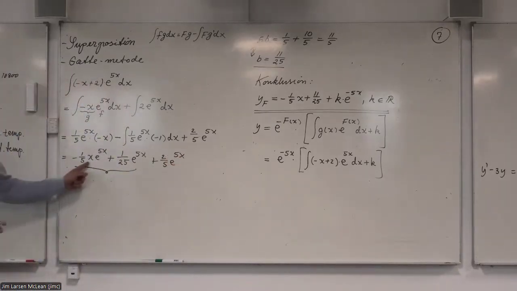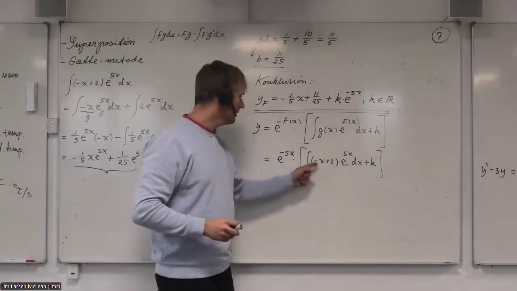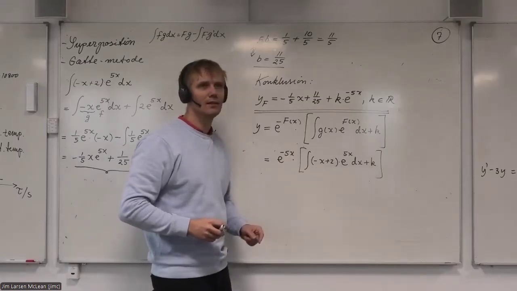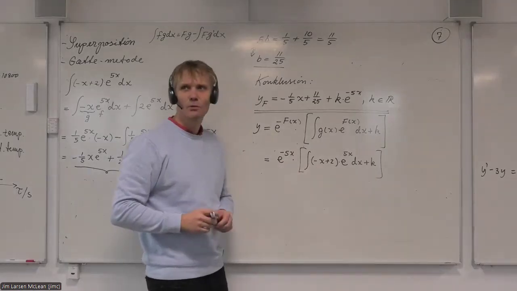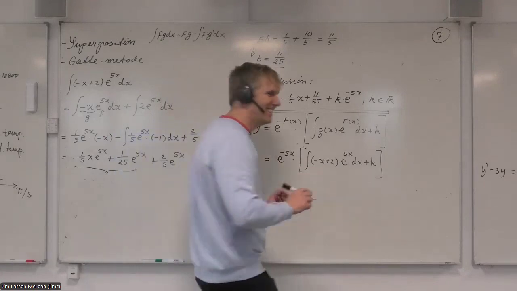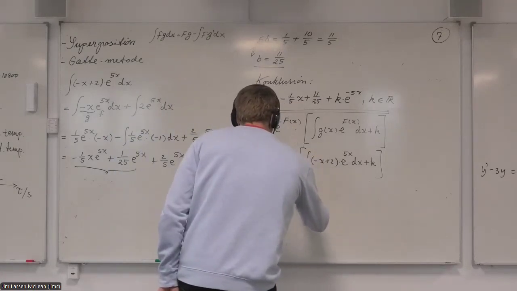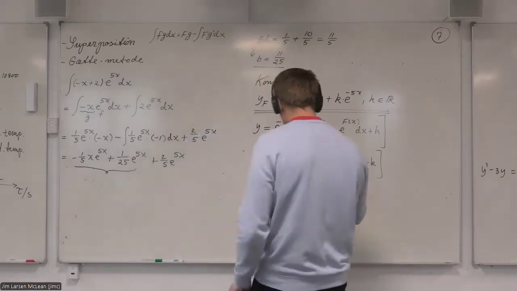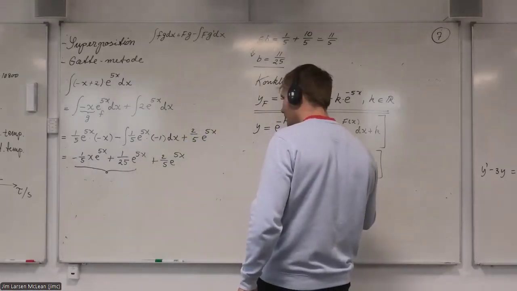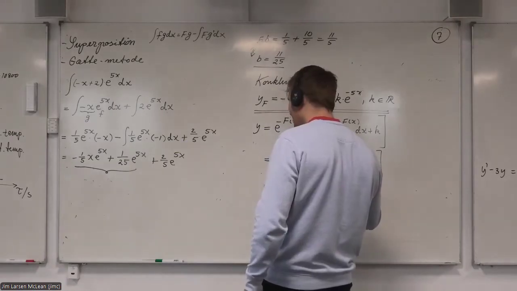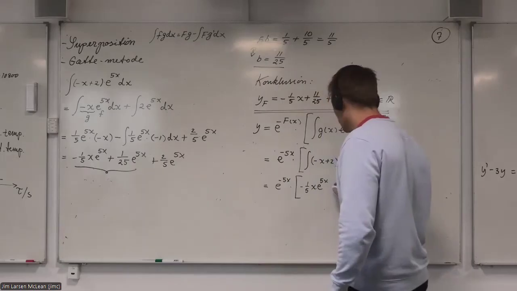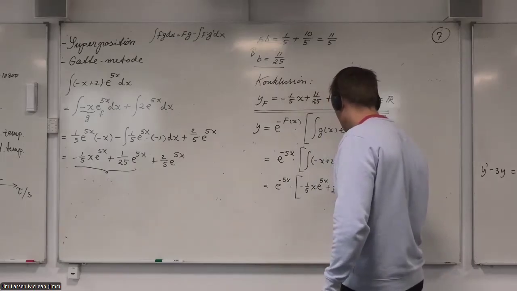So now I have to take all of that and put it in here, and then I have to multiply it in, and there you have it. Are you on board with that? Then we hope to get the same solution. So that gives e to the power of negative 5x times parentheses minus 1/5 x times e to the 5x and plus 1/25